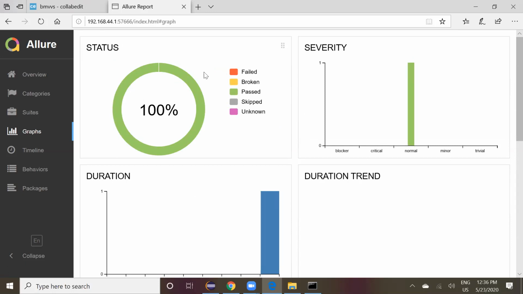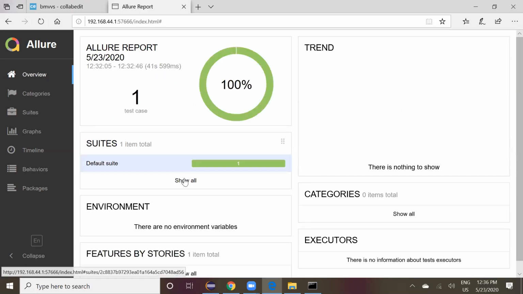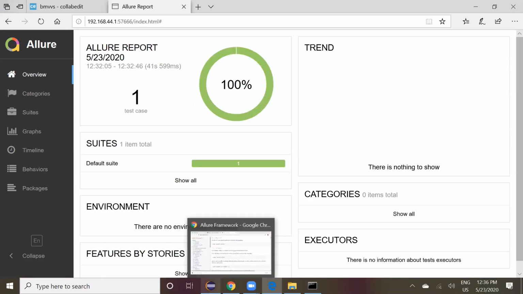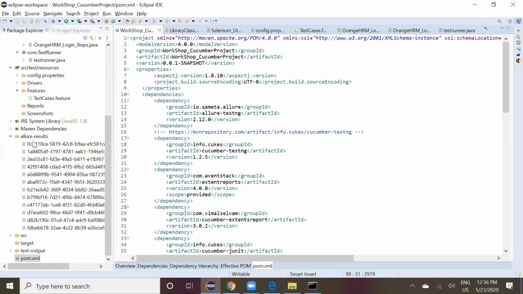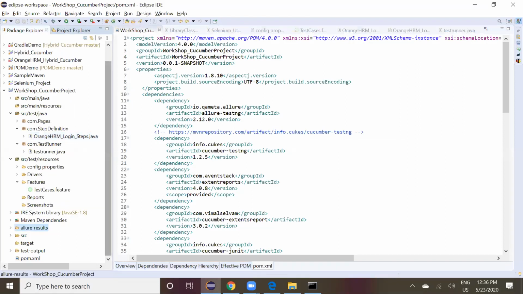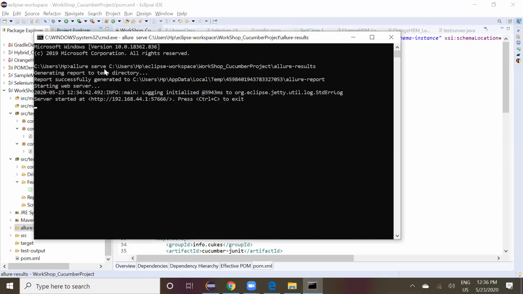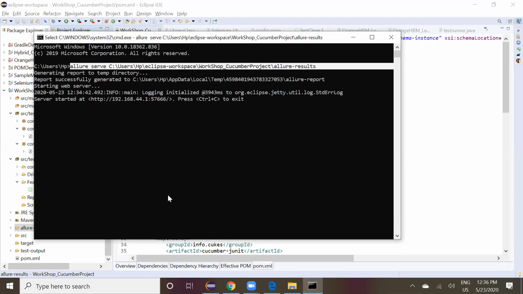Okay, so this is one report. We'll show you the Extent report also. Go to the code, we'll see that also. Sir, in the command prompt you typed something. Can you show it once, please? You copy this and paste it, the path URL they gave, right?